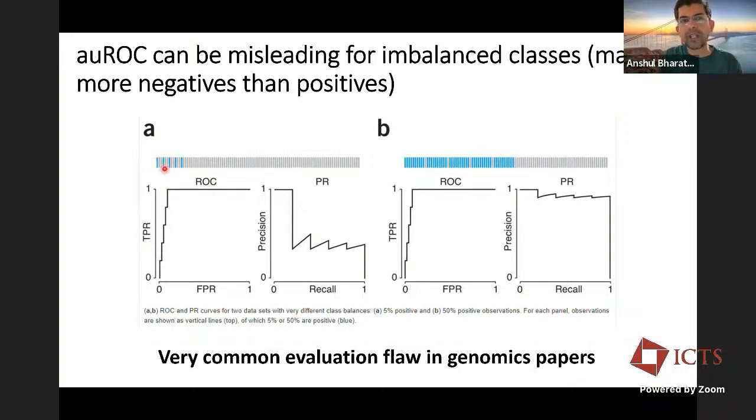And when you're actually using these predictions in a real setting, you care about, as you go down the rank list, how many positives and negatives you are actually picking up, right? So you can see that for the same ROC curve, the precision recall curves tell very different stories for these 2 data sets and 2 classifiers. If I just looked at the area under the ROC curve, I would say this classifier is really good. This classifier is also really good. But then the precision recall curves tell me that this classifier is truly really good,